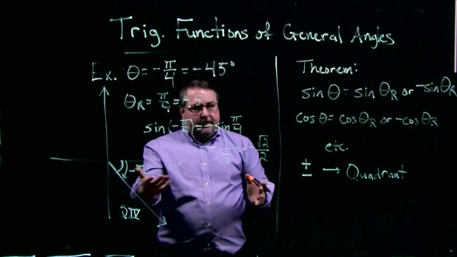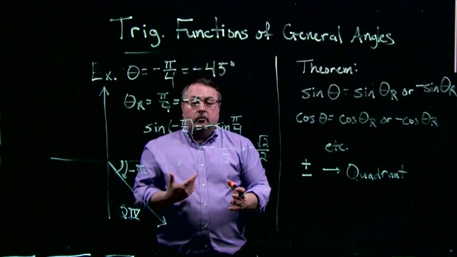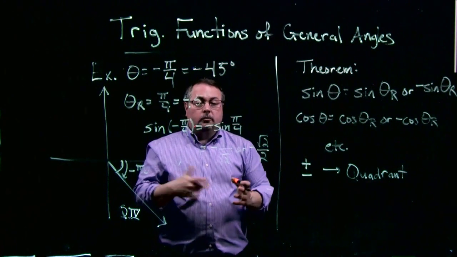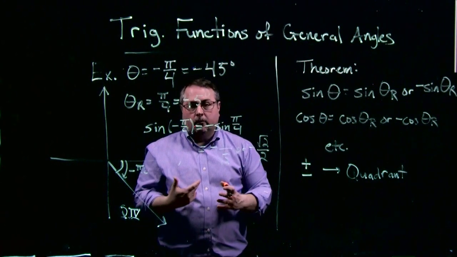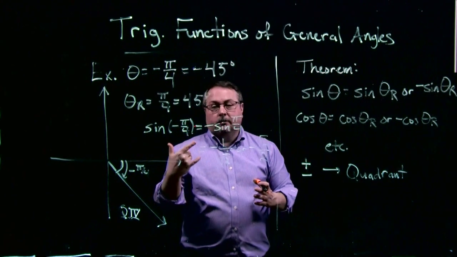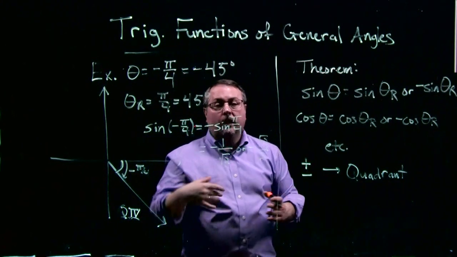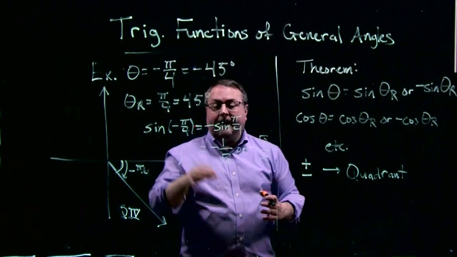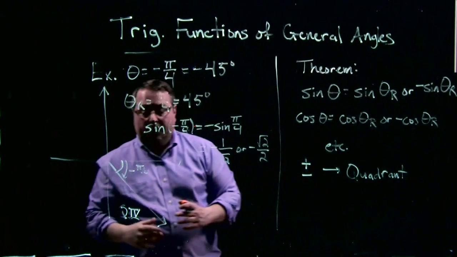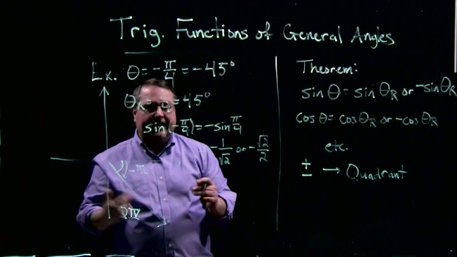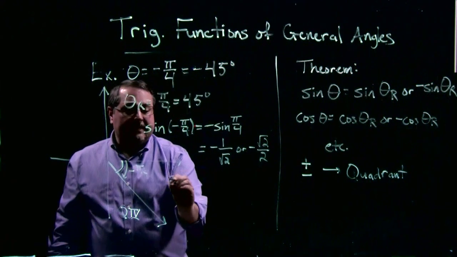So that's going to be the same as negative the sine of 45 degrees, which is negative 1 over root 2, or negative root 2 over 2. So again, the only difference between the sine of negative pi over 4 and the sine of pi over 4 is the negative sign. And we know it's negative because we're in the fourth quadrant, where sine has to be negative. Similarly, cosine